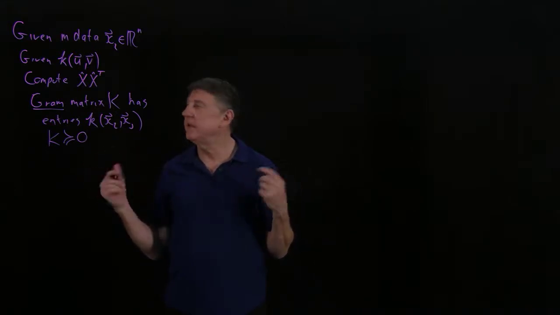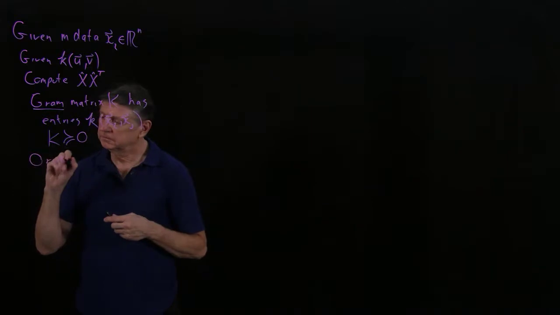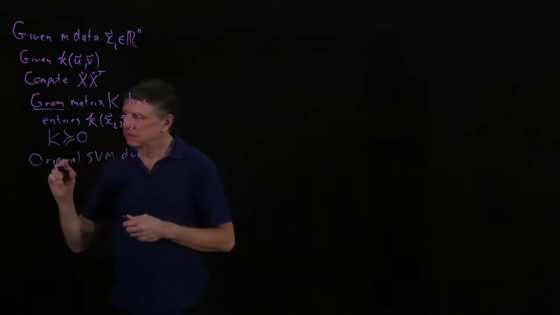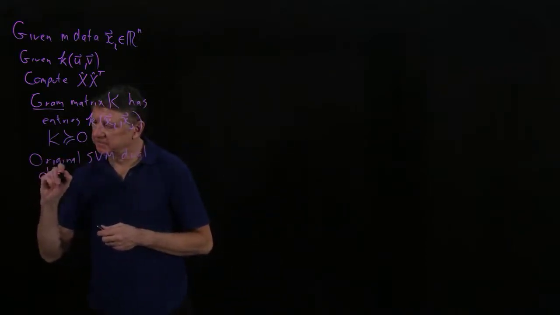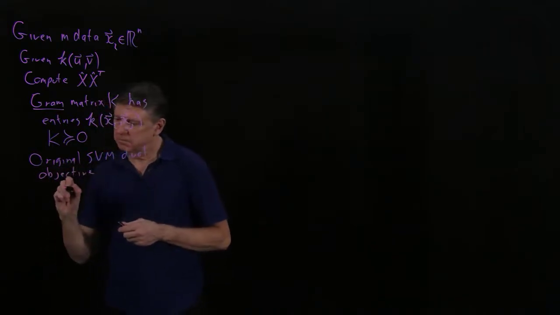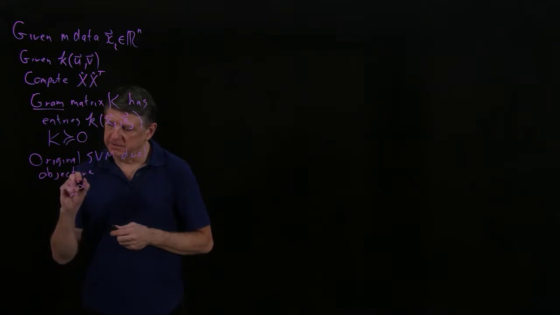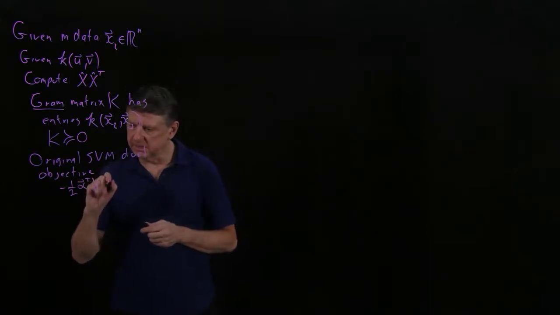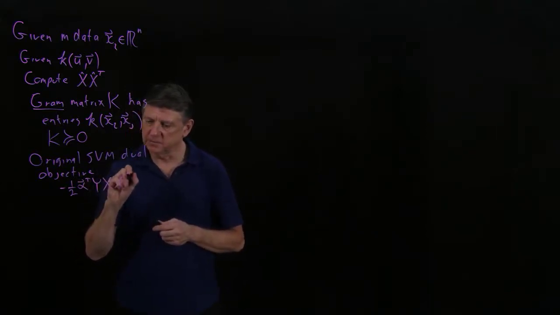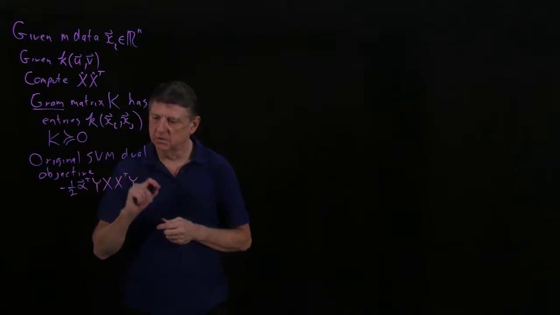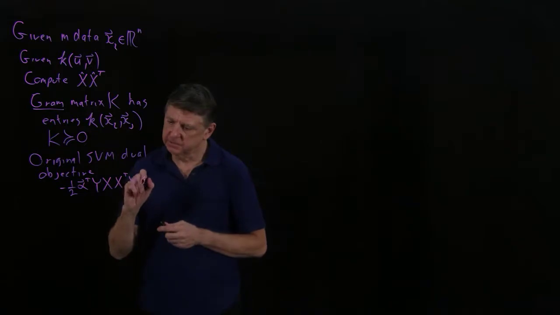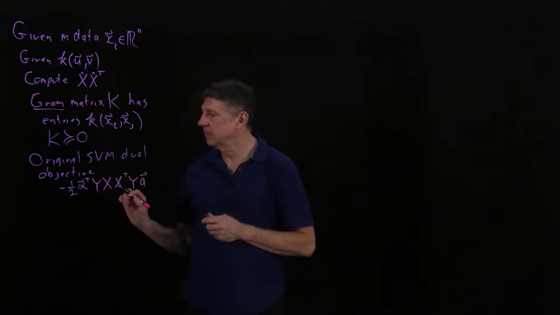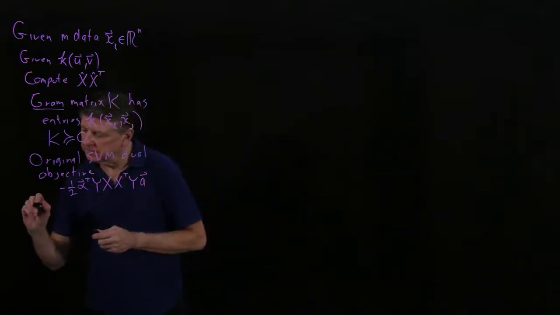Now let's suppose that we try to compute the SVM. So the original SVM dual formulation had the objective minus 1/2 of the transpose of the Lagrange multipliers times the label matrix times the design matrix times the transpose of the design matrix times y times the Lagrange multipliers. Now, what happens when we embed? So, after embedding,